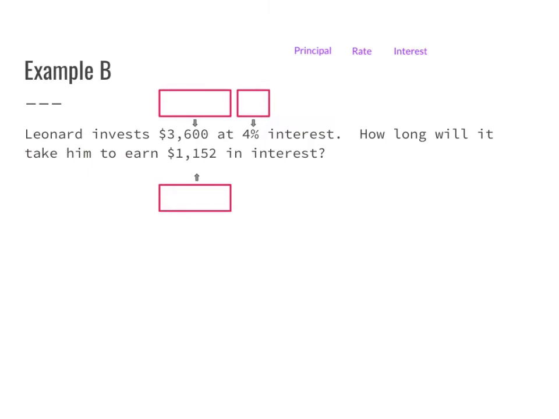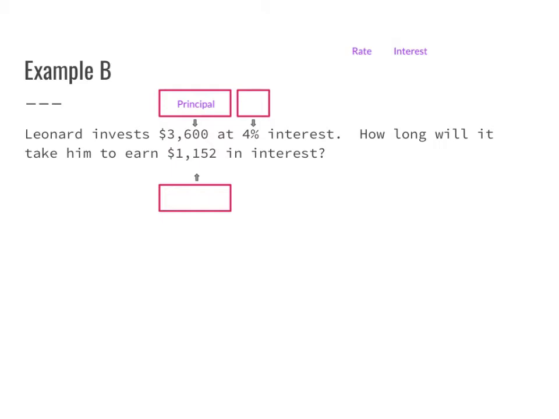Example B says Leonard invests $3,600 at 4% interest. How long will it take him to earn $1,152 in interest? So again, we're going to go through our problem, see the things in our formula that we have, figure out what we don't, and then move on from there. So reading through the problem, it says Leonard invests. So since he's investing that money, that's the money he's starting with. So that's going to be my principal